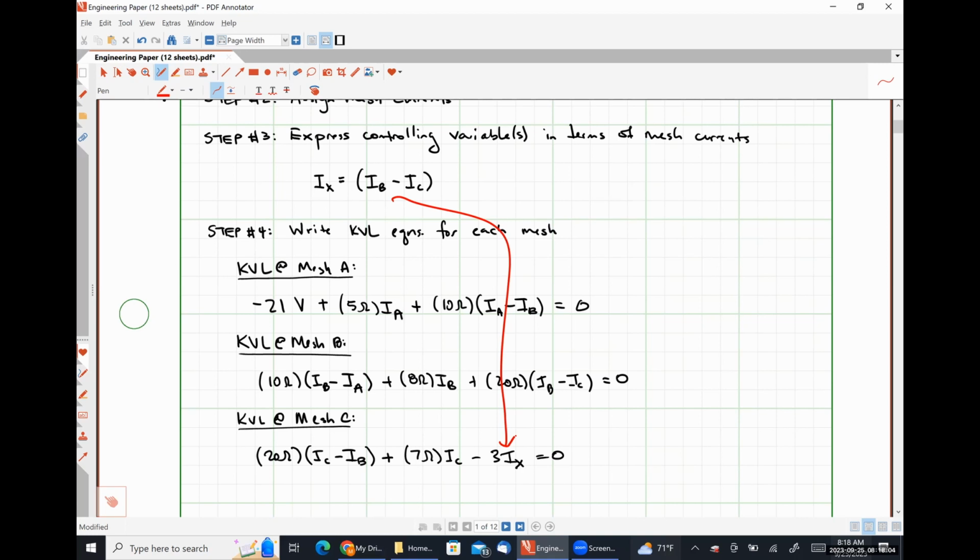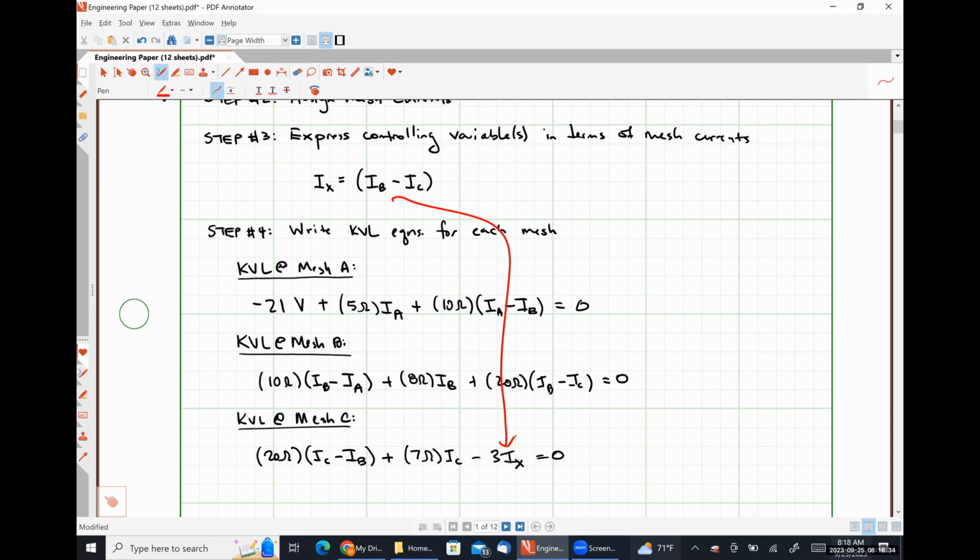So I'm using a calculator that can only solve a 3x3 system. My first equation is going to be my KVL at mesh A equation. My coefficient for variable IA is going to be 5 plus 10. My coefficient for variable IB is going to be negative 10. My coefficient for variable IC is 0. And my constant term is going to be 21, positive 21, when I move that over to the right-hand side